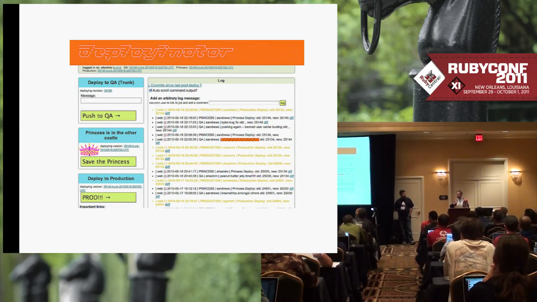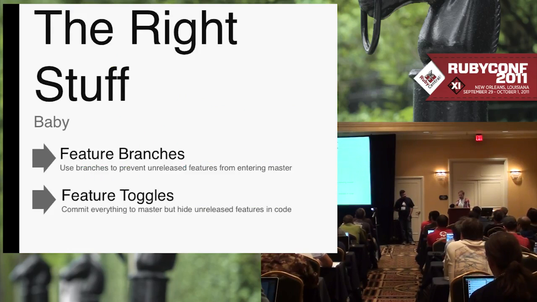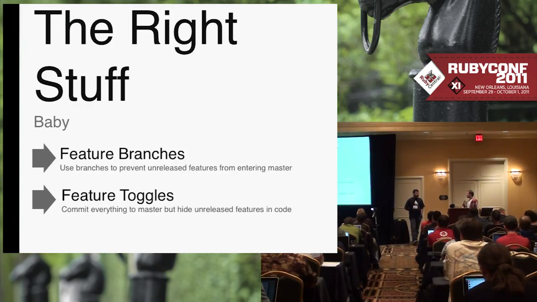So the final thing that we wanted to touch on, and I think this is probably the most topical topic from a Ruby community standpoint, is deploying the right stuff. How do we make sure that the thing that we're pushing up into production is valuable? How do we make sure that we're not pushing the wrong features out? And so we're going to talk a little bit about feature branches and feature toggles. But before we get into that stuff, do you want to talk about mitigation strategies? Yeah, so